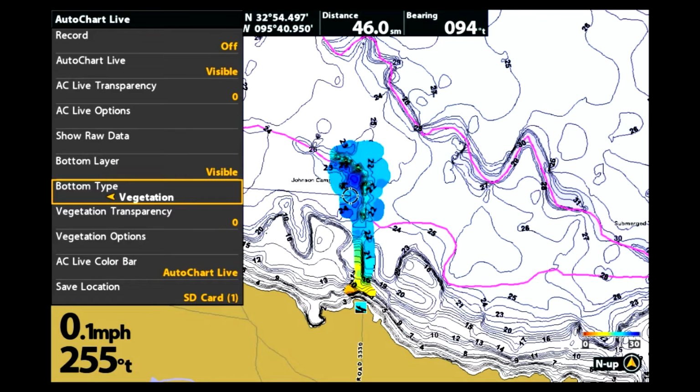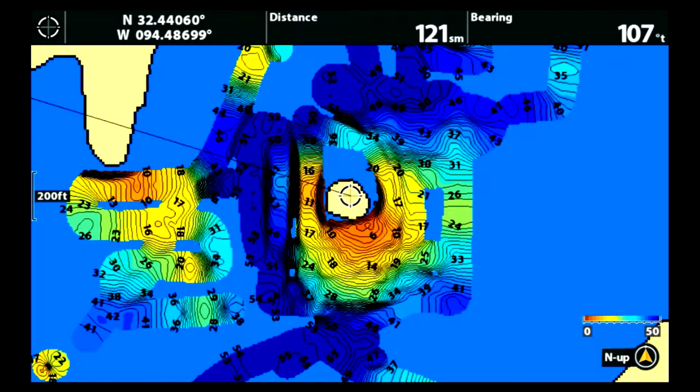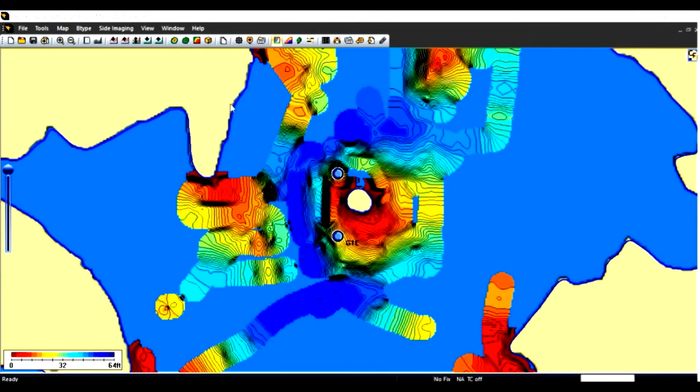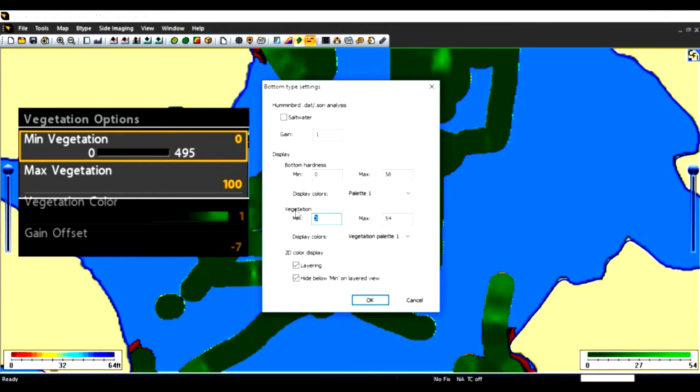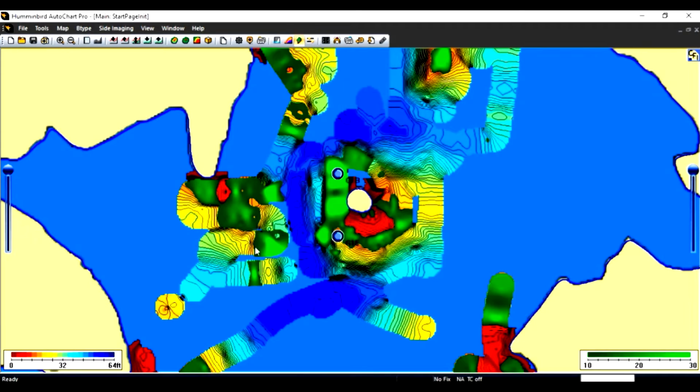Let's look at the vegetation bottom type. In this chapter, we're going to cover the information for both AutoChart Live and AutoChart Pro. They are identical in functionality, however there are a few subtle differences in the presentation of the menus. We'll conduct our training with AutoChart Pro because it's easier for me to make changes and show the results of